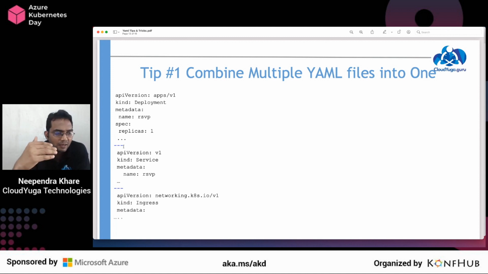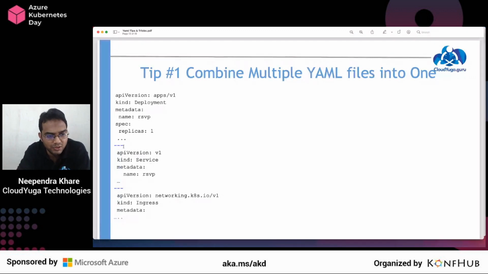So that way you can create a large YAML file which contains multiple components, deployment, service, ingress, storage, and so on, and apply them at once. So you can say that this particular YAML file belongs to this complete app. I do not have to understand or manage these things separately. Of course, there are better tools available like Helm, and then we have Kustomize also. But from the YAML perspective only, you can combine multiple YAML files together. That's tip one.